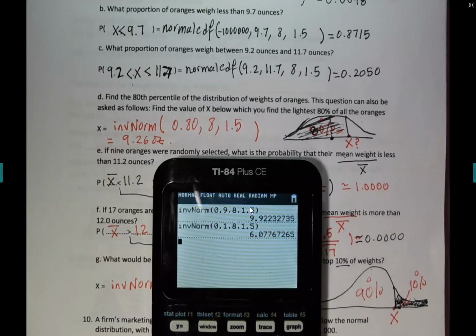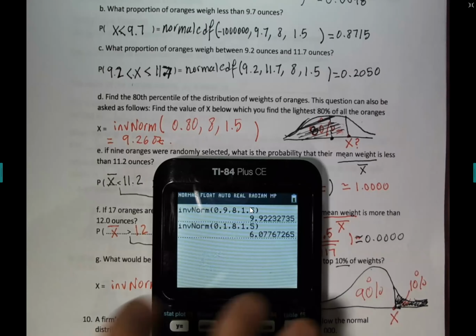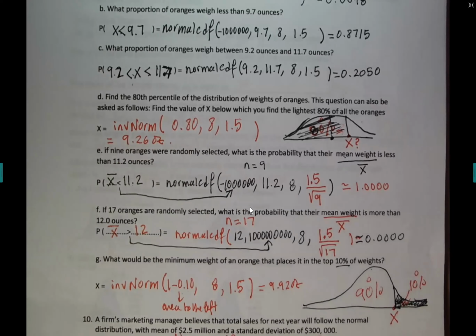That's not possible, guys, because the mean is 8. That's below the mean. So that's not a reasonable answer. That is a low 10%, the lowest 10%, not the top 10%. If it was asking me what would be just the weight for the low 10%, that would be the correct answer. But the top 10% has to be above the mean. And that's why if you just keep the 0.1, it would not be correct. Okay, so